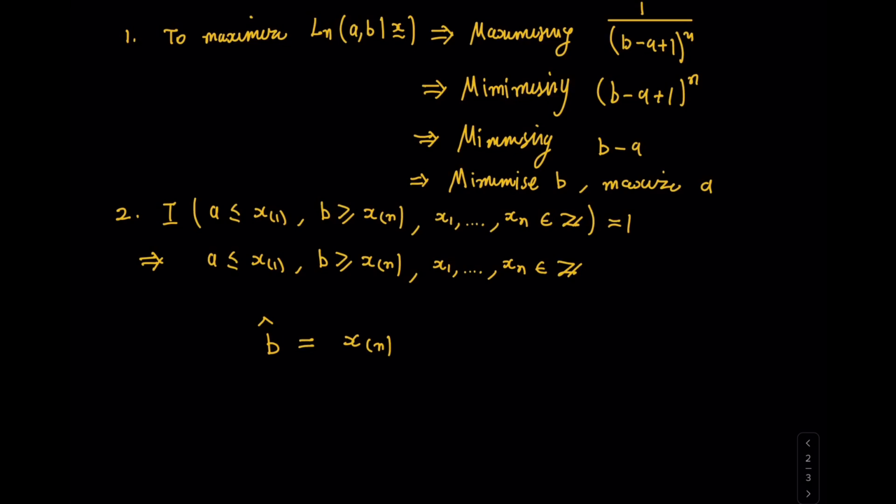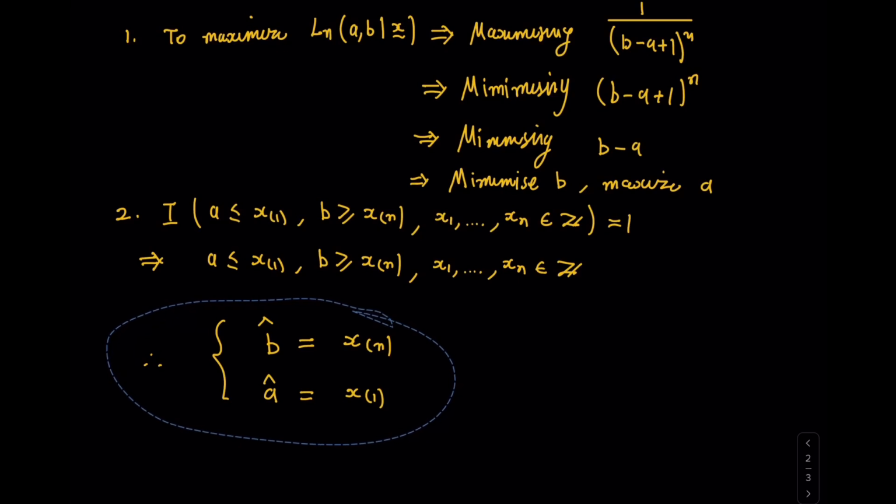And equally, because we know we have to maximize a, but a has an absolute maximum of the statistic x subscript (1), then we can set our a hat to the minimum value of our data set. And that, ladies and gentlemen, is how we would derive the maximum likelihood estimates for a